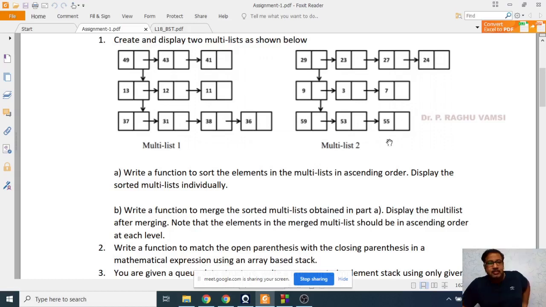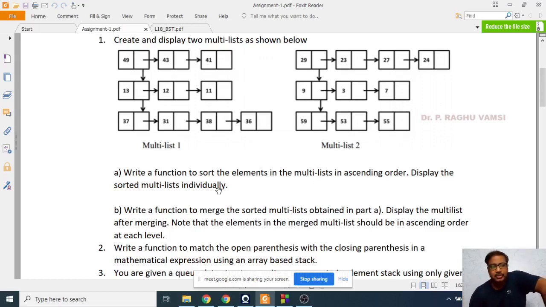The third multi-list may consist of 5 rows, and each row may have four nodes attached. So 5 rows into 4 nodes, that means 20 nodes. That is up to you. According to your wish, you may create the third multi-list and add these two in sorted order by applying the merge sort.